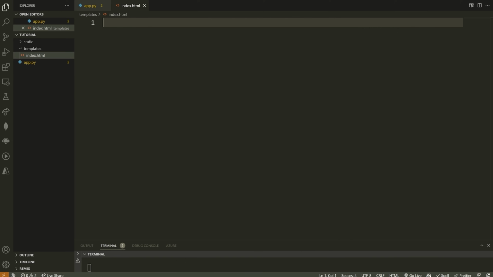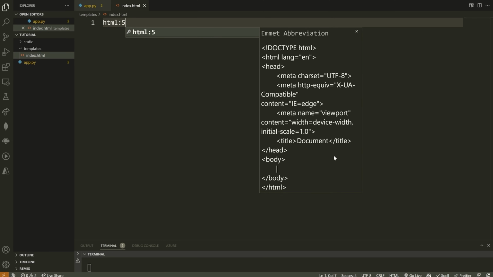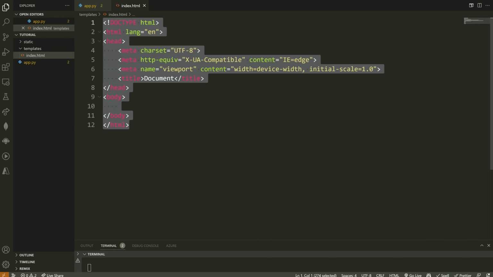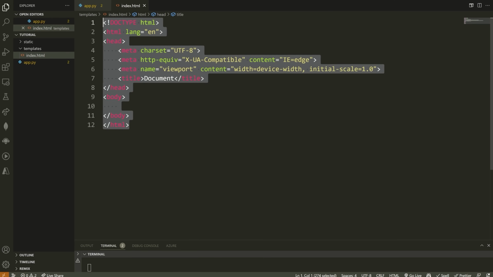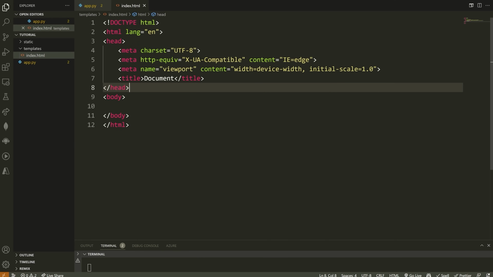So to get started here in VS Code, we can actually type HTML:5, and what that should do is give you access to this base template that gives you a starter boilerplate document for HTML. Now, if for some reason that doesn't work for you in VS Code, it may not if you don't have the correct extension, that's fine. Just copy out what I have here, or you can go to the link in the description where all of this code is linked via GitHub, and you can just copy in the document.